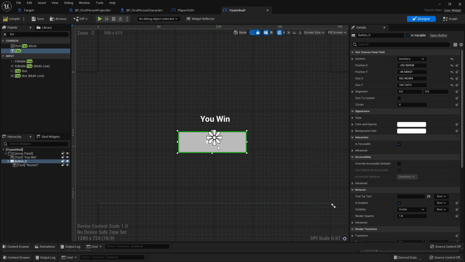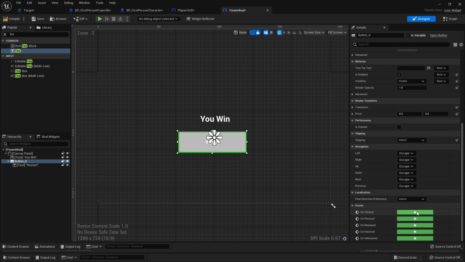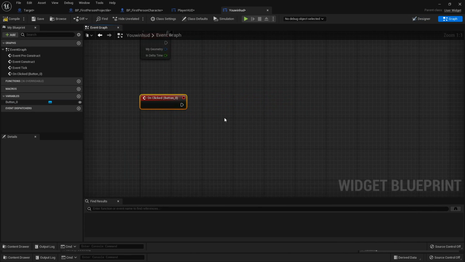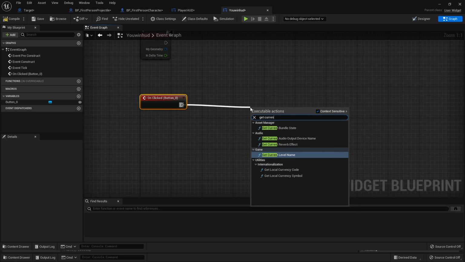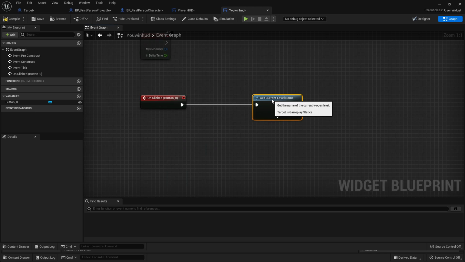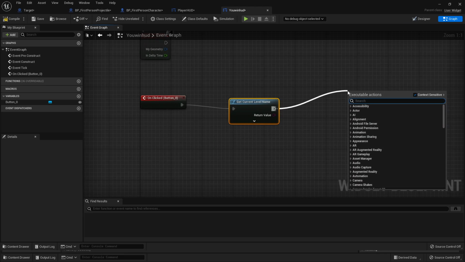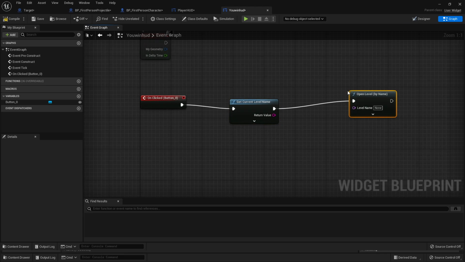If I just select this button, if we scroll down and go unclicked, in order to make it restart the game, what we can do is just look for get current level name. So this node will get the current level name that we're in. Then we can just drag off here and look for open level by name and hook this up to here. And now if I go compile,